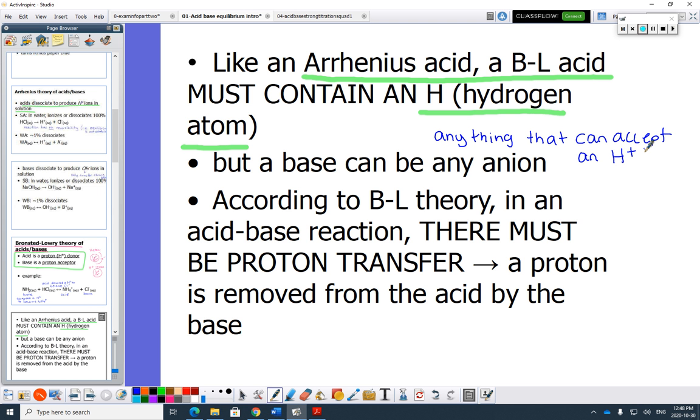So like I said, when you talk about acid-base reactions, you really shouldn't say neutralization. Moving forward, you're going to talk about proton transfer. The acid donates a proton to the base, or the base removes the proton from the acid. And it's tough because we're used to thinking of acids as dangerous, right? But really anything, including water, that can donate a proton to a base can be considered to be an acid. So you have to label acids and bases. And then the other thing we did was